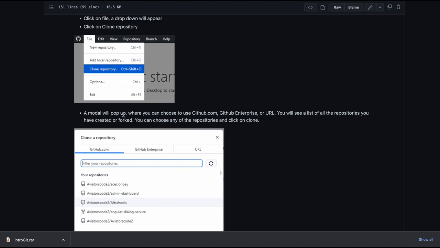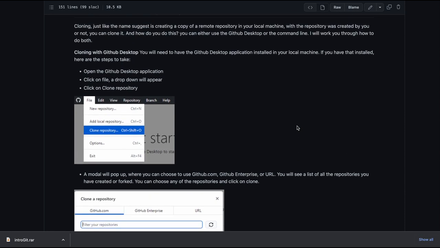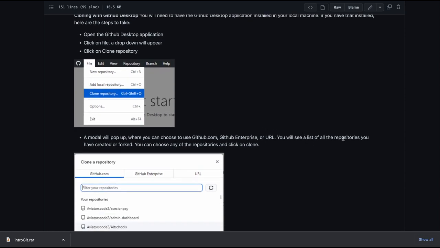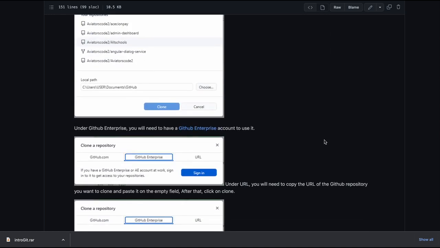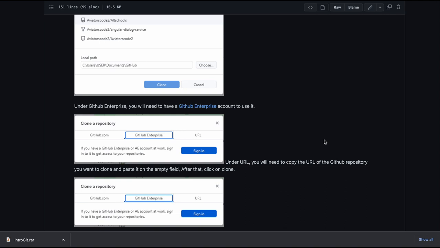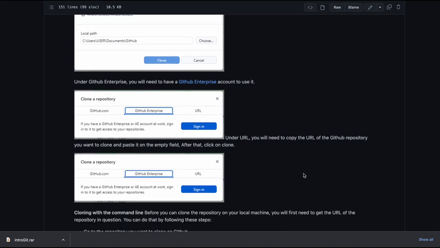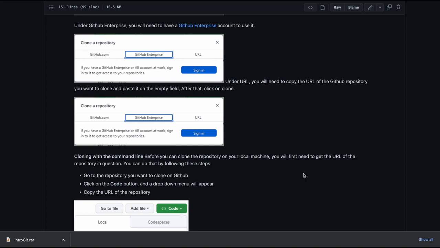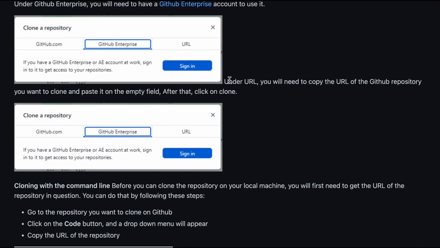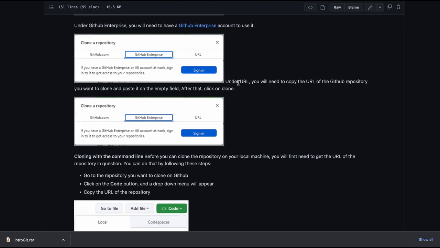A modal will pop up where you can choose to use github.com, GitHub Enterprise, or URL. You will see a list. Under GitHub Enterprise, you will need to have a GitHub Enterprise account to use it. You would clone it to Enterprise. Under URL, now, this is not well formatted, so this should be under here. So work on that.